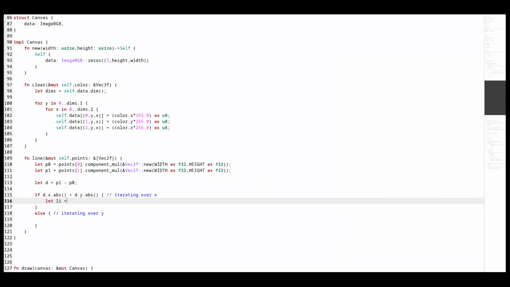We will iterate over some coordinates and set our canvas data directly.